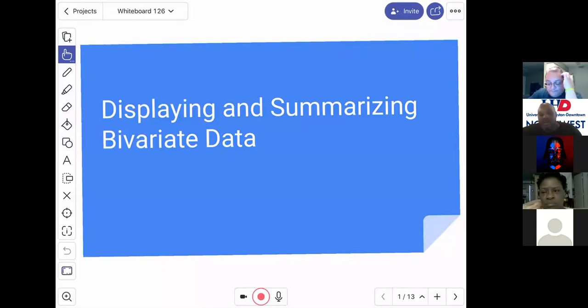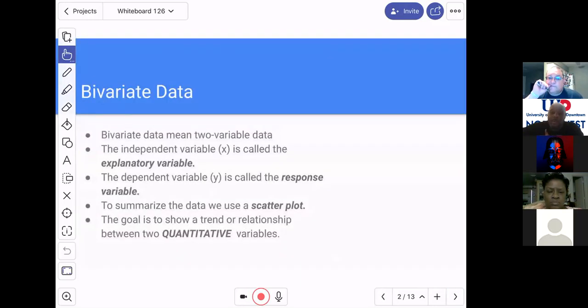I'm going to look at two variables, and they're two quantitative variables. So they're going to produce numbers. And what I want to see is there a trend or some kind of pattern or association that can be developed between those two variables. So this only works, though, with quantitative data. Bivariate means two, right? And in linear regression,